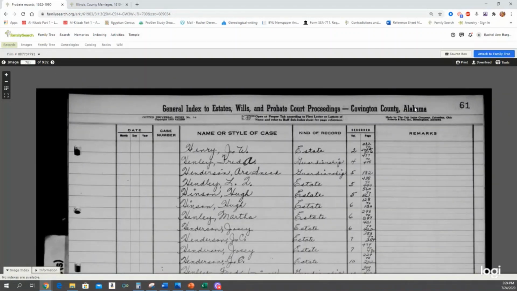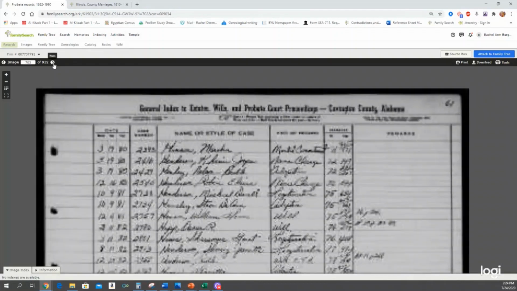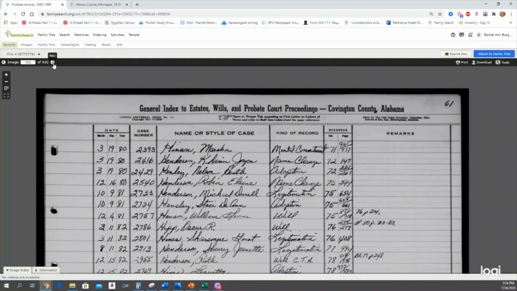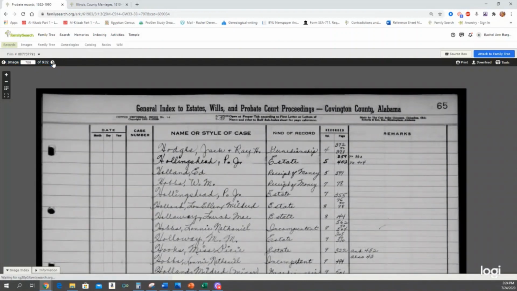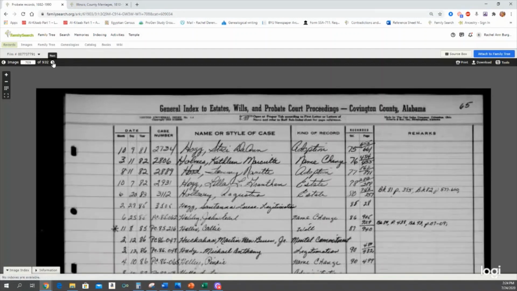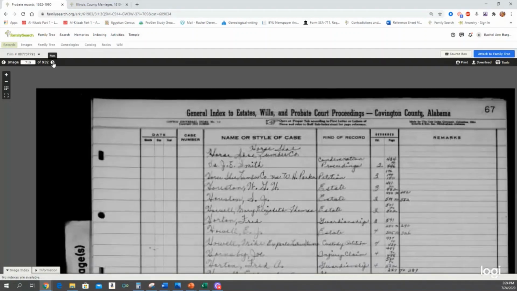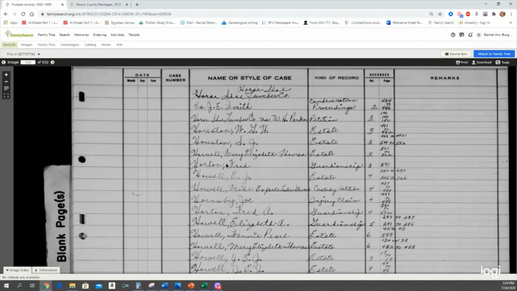And you saw that went from 59 to 61. So there's some funky organization happening, maybe pages missing. So we've got a few 61s, 65, more 65, 67. Okay. So now we're in the right section where we need to be.